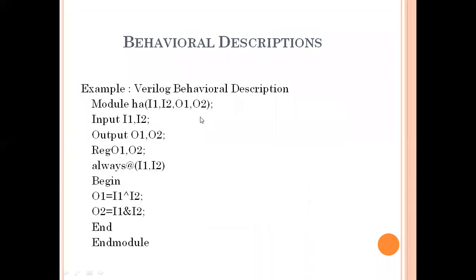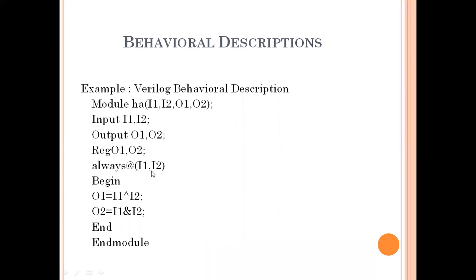This is the code for the behavioral description. In the Verilog behavioral description, first declare the module. This is the name of the module, and all the input and output signals. Input, output, and this is the data type. Reg is the data type for O1, O2. Here these O1, O2 will store the values, that's why the data type is reg, right? And here is the behavioral modeling style, so it starts with always in place of the process statement which is used in VHDL, right? So this is the always statement with the at sign.